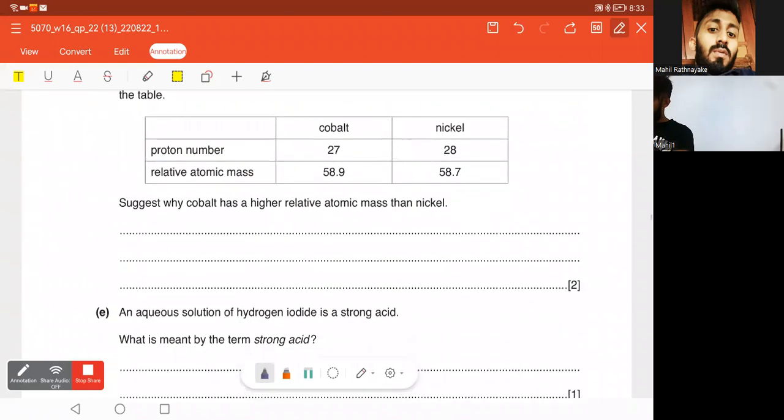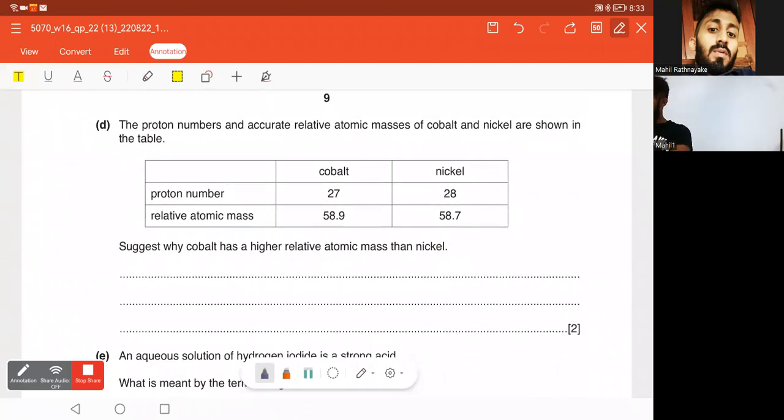Next one. Suggest why cobalt has higher atomic mass than nickel. Now look at my atomic mass. Atomic mass depends on whom? Protons and